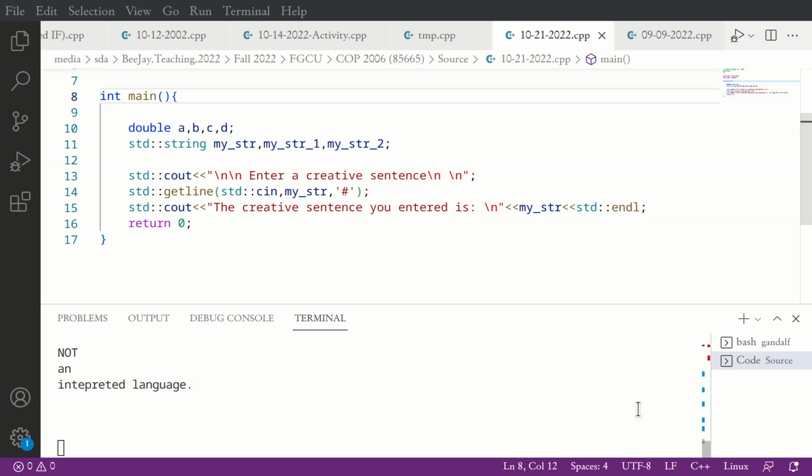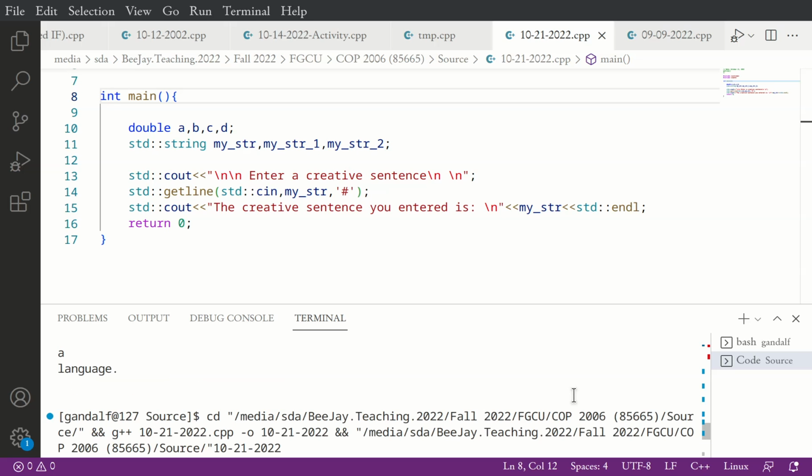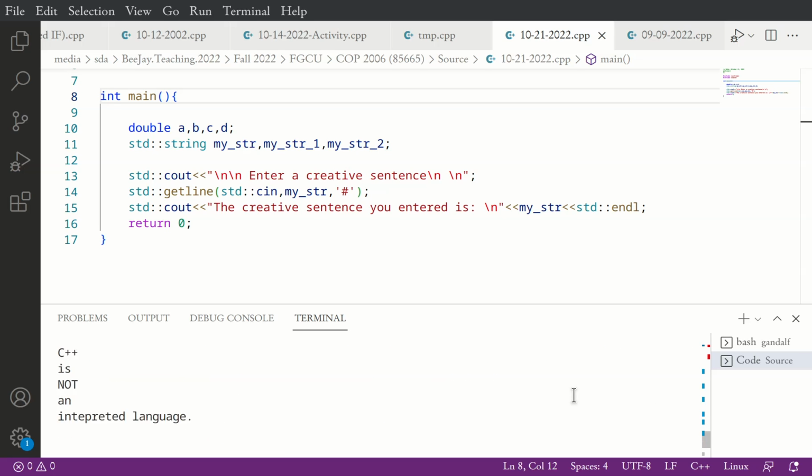So the delimiter is the pound sign. So I'm going to enter pound. That means I have ended my line. So we had all kinds of issues because of the space. Now I used a different letter and it worked for me.